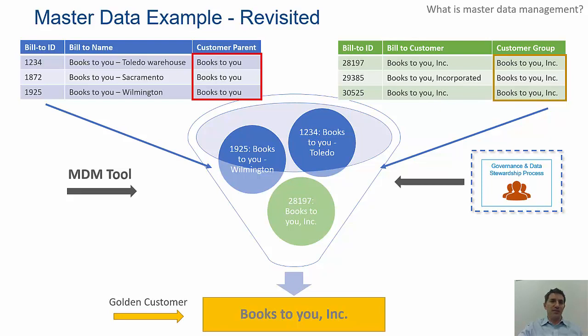So this is the essence of master data management. It is trying to find the single source of the truth and applying data governance to that process. If we simply had this data in silos in billing system 1 and billing system 2 and they never talk to each other, we wouldn't really be able to apply data governance at an enterprise level. And we also wouldn't be able to get all the data